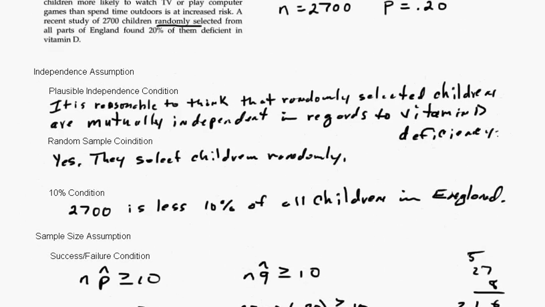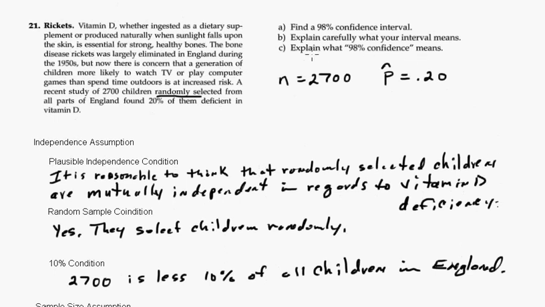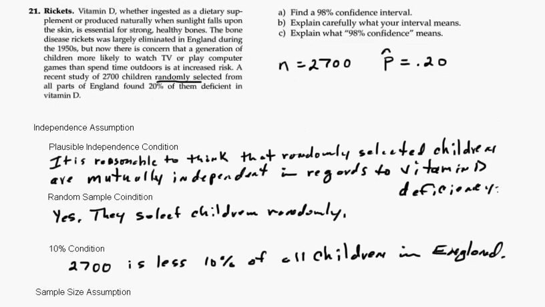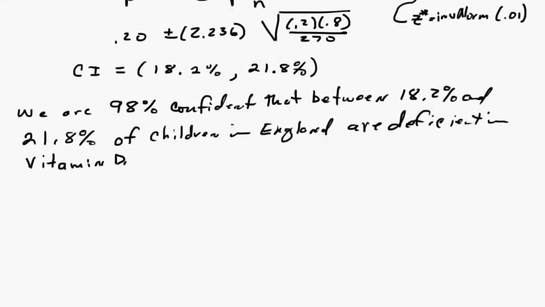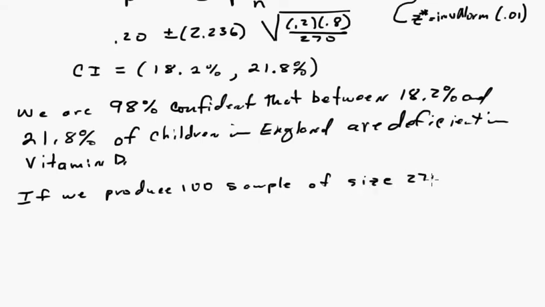It's always required at the end of a computation. And then they say explain what 98% means in this case. So there's a couple ways of saying it, but this time I'm going to say that if we produced 100 unique samples of size 270,